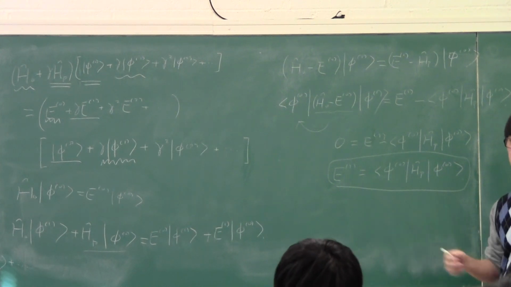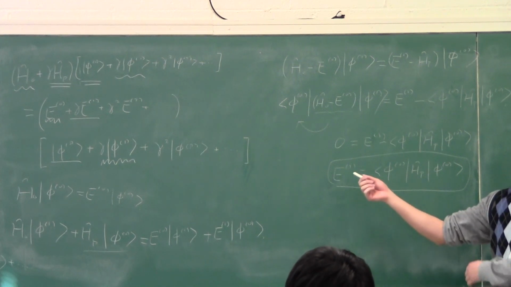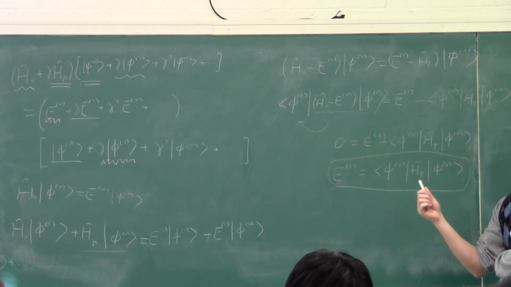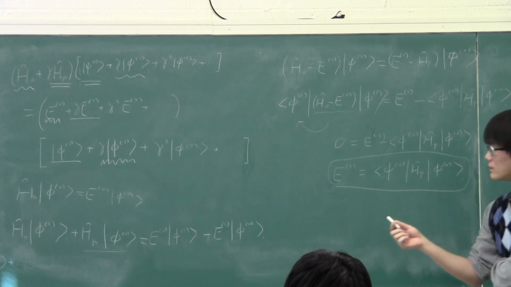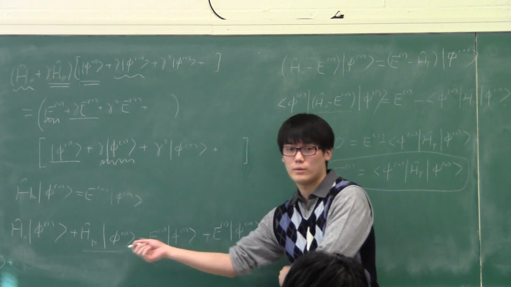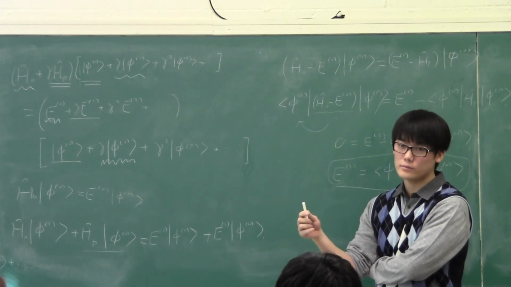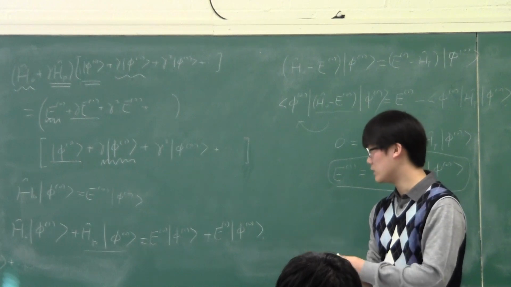It's used everywhere. So now that we know what E1 is, we can plug E1 into this equation and solve for phi 1. But to do that, let's expand phi 1 onto a set of the eigen